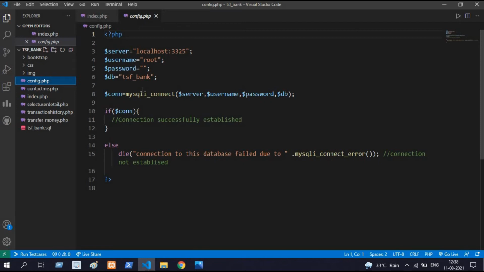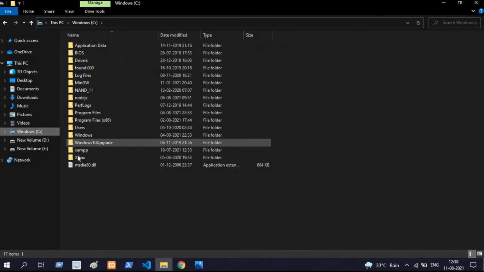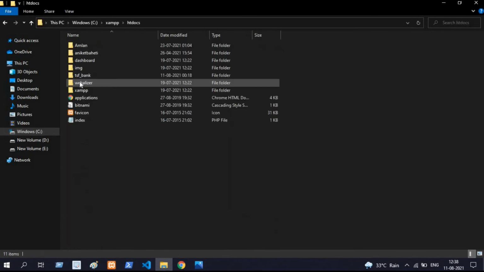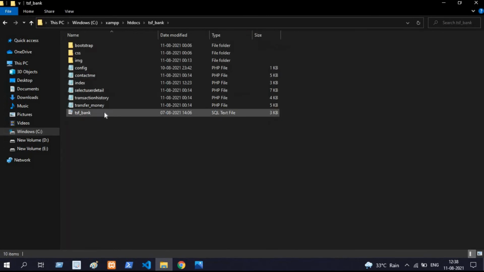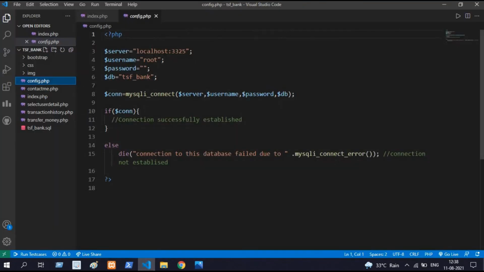Here I have named my database as TSF. You can also see here local disk C, XAMPP, htdocs, TSF Bank. Here you can see this is my SQL file which is named TSF Bank. So I have connected my database TSF Bank, and in my case the server is localhost:3325.